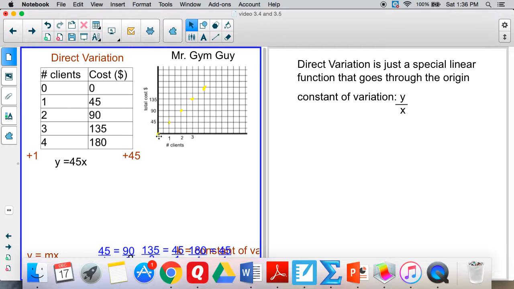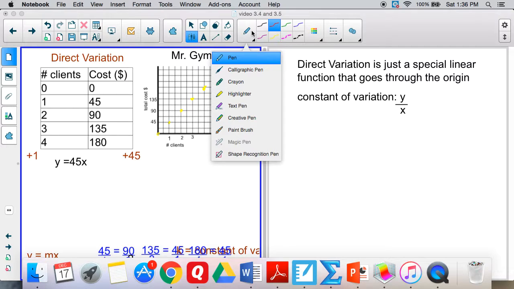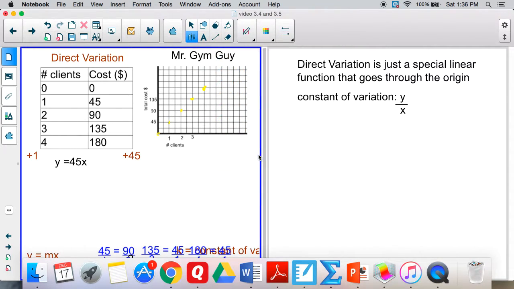But the truly beautiful thing about a direct variation equation is the pattern that we're going to look at horizontally. This is not something that you are used to doing at all. This is a brand new idea. So we're going to look at taking the ratios of each ordered pair. Now remember, ratio is just a comparison of two numbers by division. I'm not going to start with the ordered pair 0, 0, because honestly, that is not going to help us at all. But let's look at this ratio right here, 45 divided by 1,